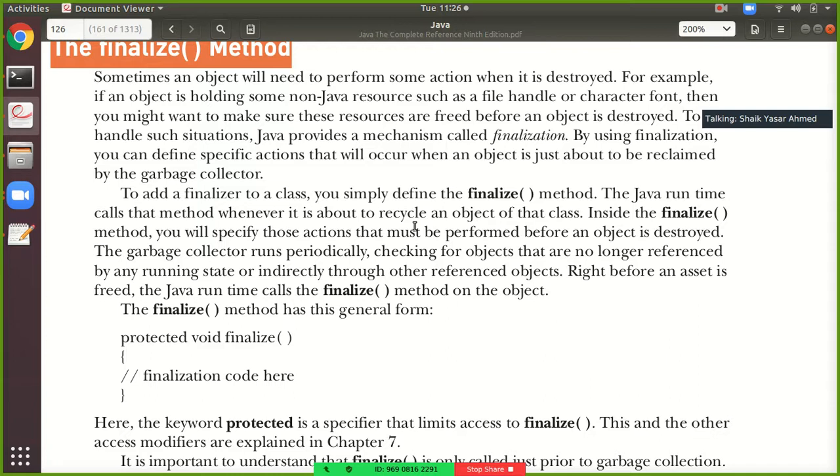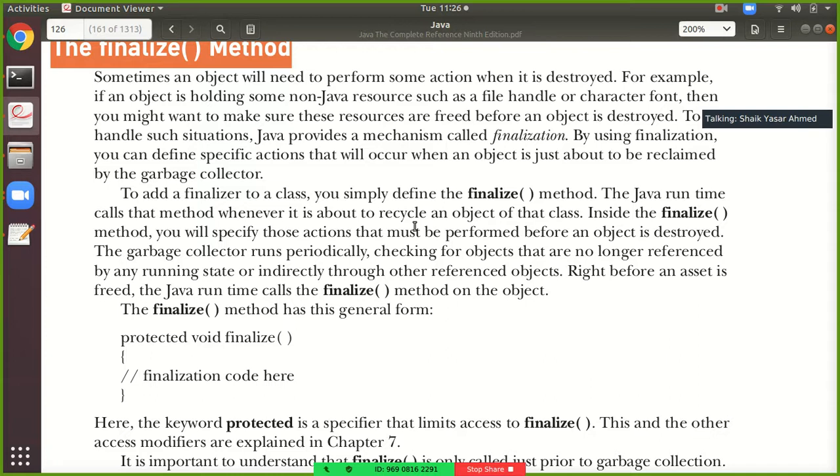Similarly, some Java programs will have files to be opened. The objects in Java will have some files which are open. When garbage collection sees that a particular object is no longer used, it will destroy that object. But before destroying the object, you have to write the code in the finalize method that whatever files are open with that particular object should be closed.